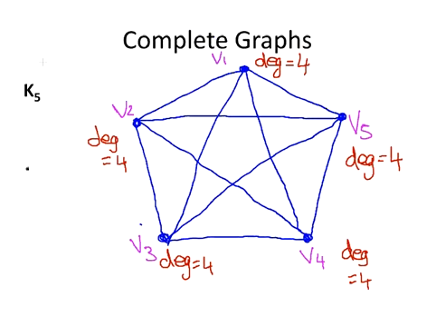Let's double check that. 5, which is n, the number of vertices, times 4, which is n minus 1, the degree at each vertex, divided by 2, and we get 10. So we should expect to see 10